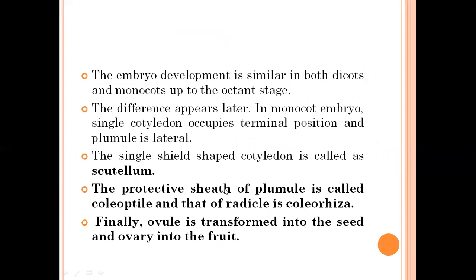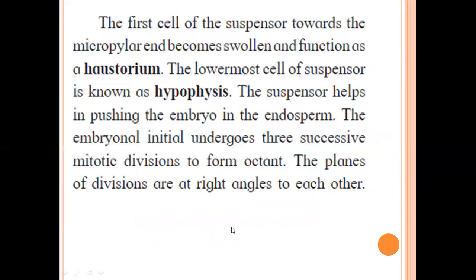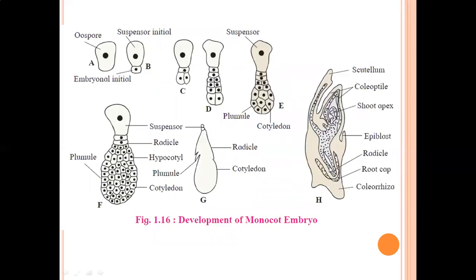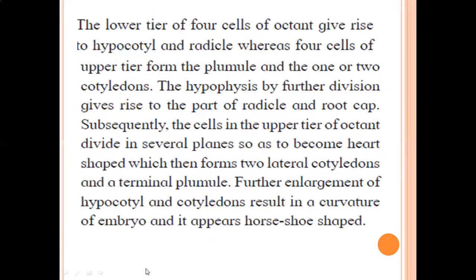Just now I told you the protective sheath covering of plumule is called coleoptile, and that of radicle is called coleorhiza. See, the covering of radicle is coleorhiza and the covering of this plumule is coleoptile. Okay, next,